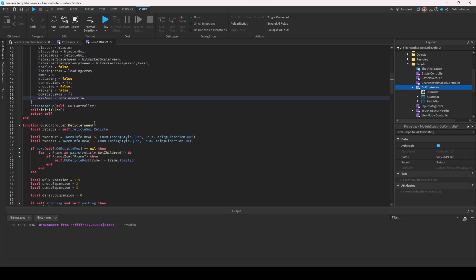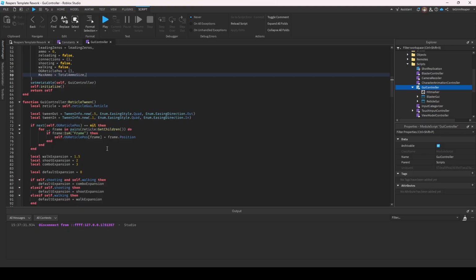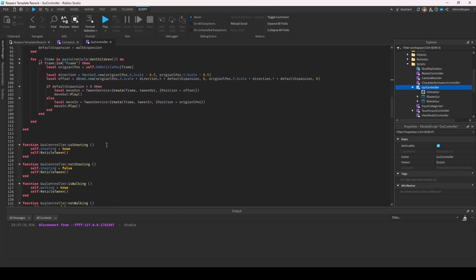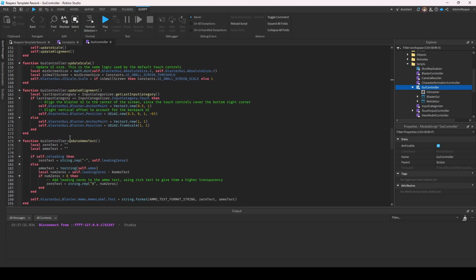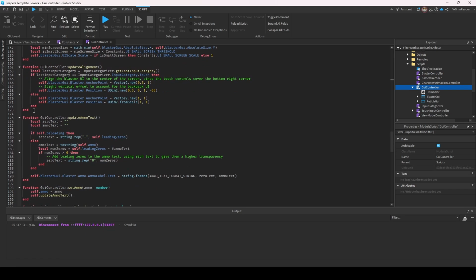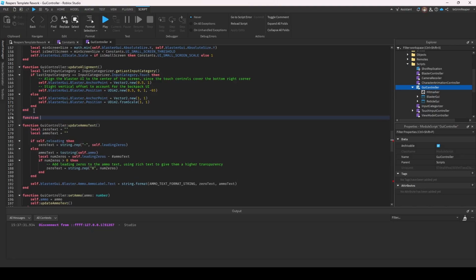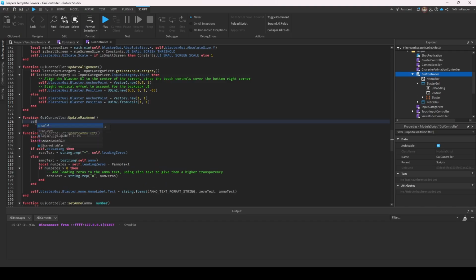I think what we'll do is, do I want to go through the server first or just keep going? I think we'll just keep going through the module here. So we'll come down here and we'll make a couple new functions. Specifically, function GUI controller update max ammo. So we'll say self dot blaster GUI